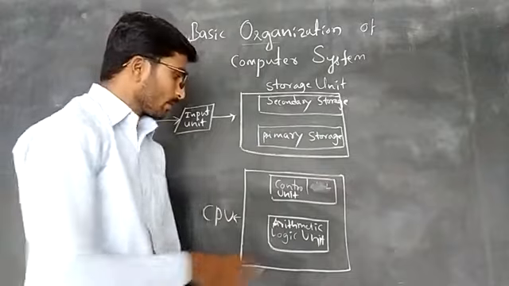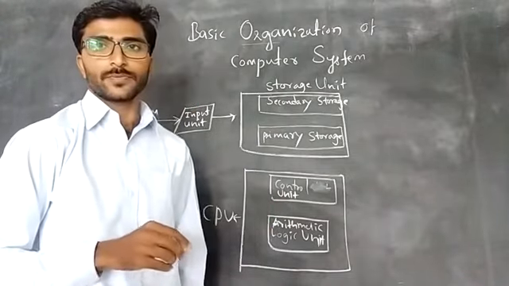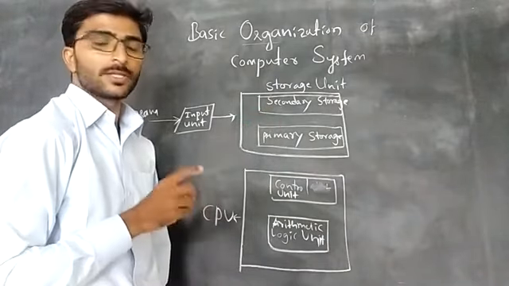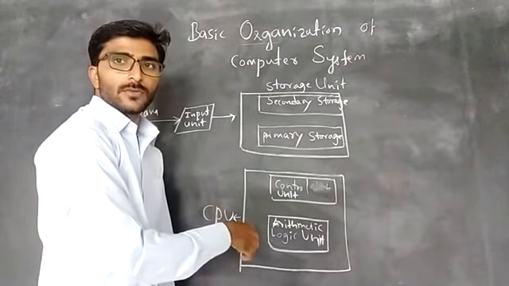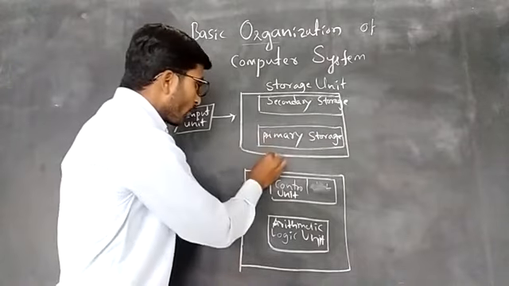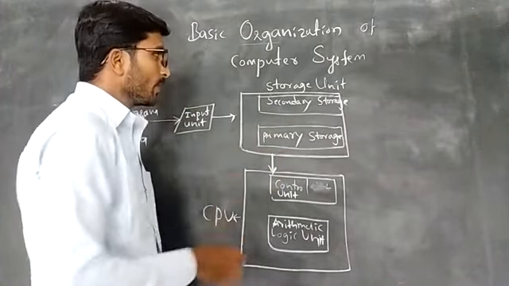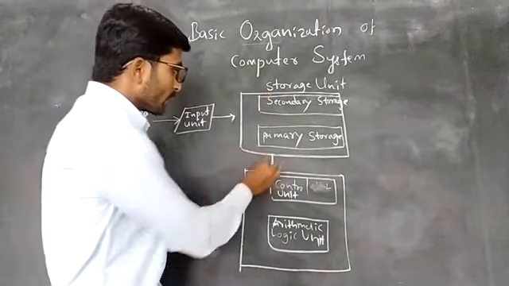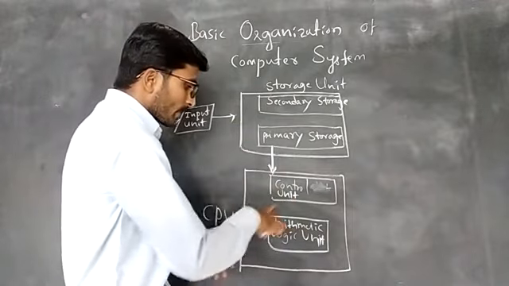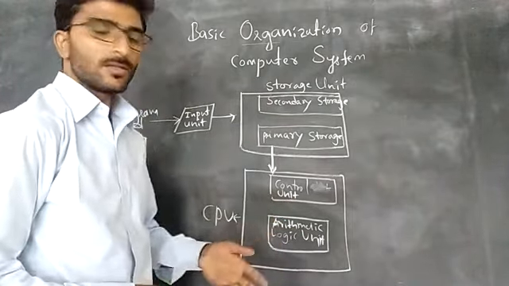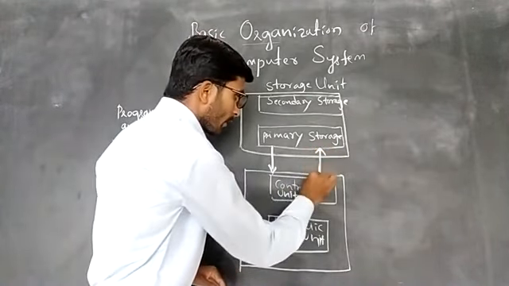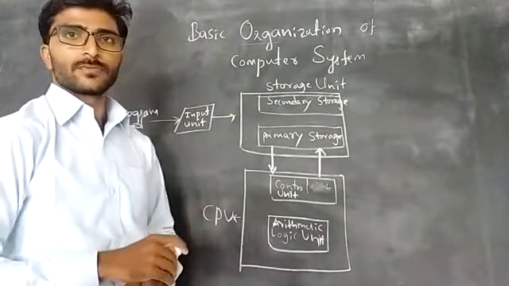That CPU contains the control unit and the arithmetic logic unit. After storing the data, the CPU needs to do some processing. It can import the data or access the data from the storage unit, which is called accessing the data. After processing, such as the addition of two numbers, anything you can process here using the CPU, it stores the data again back to the storage unit.